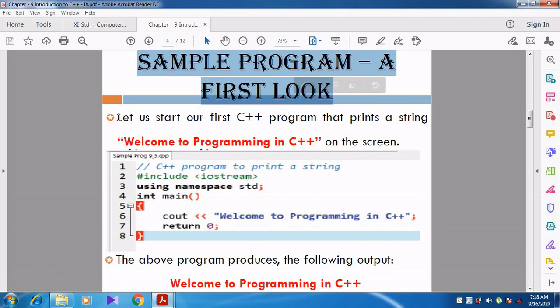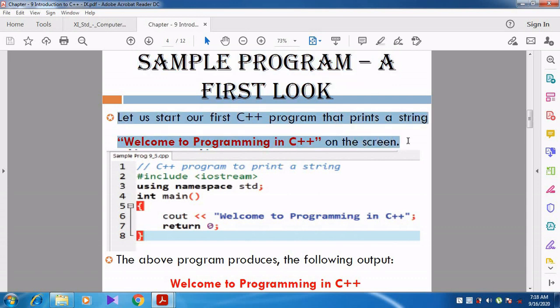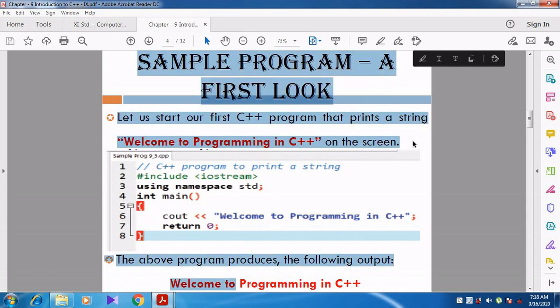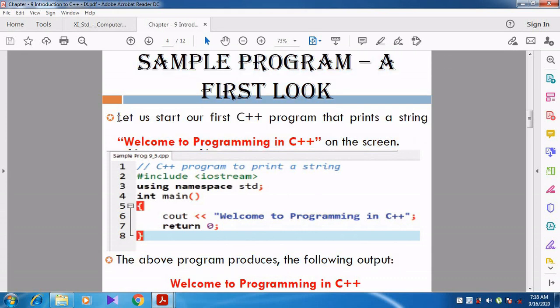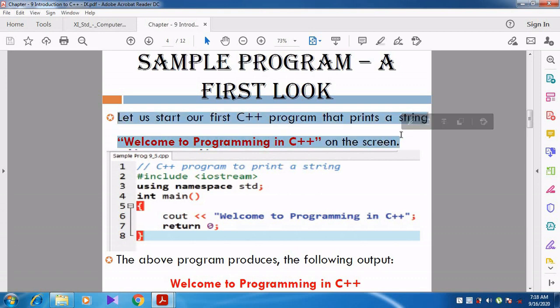Let us start our first C++ program that prints the string welcome to programming in C++ on the screen.